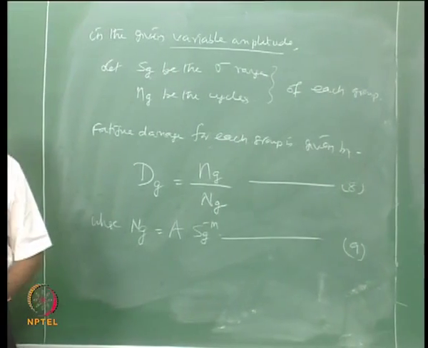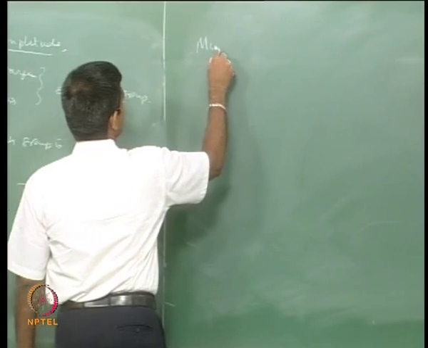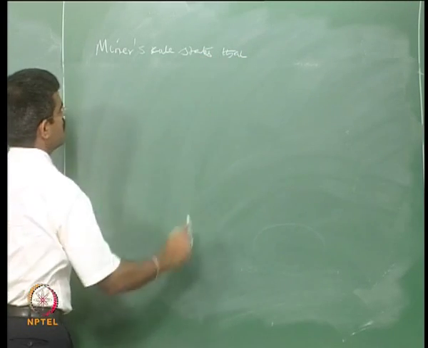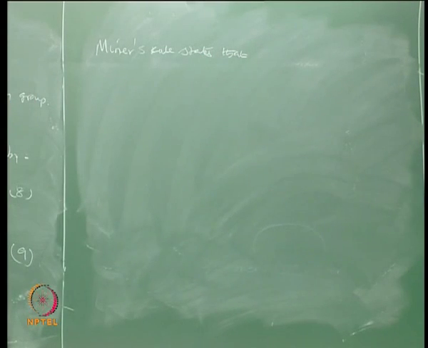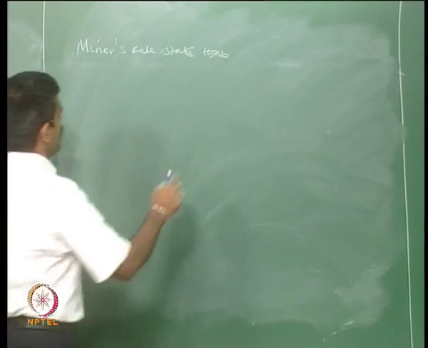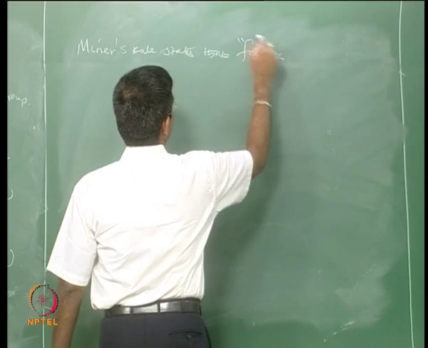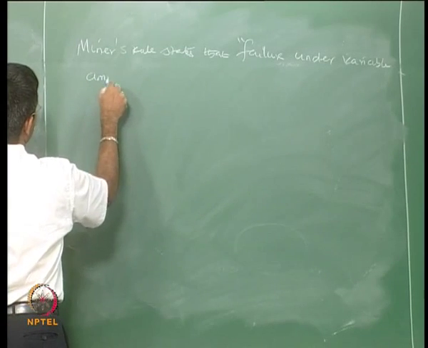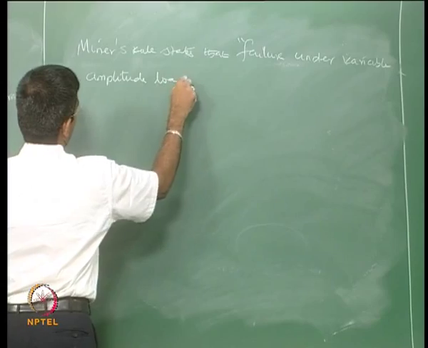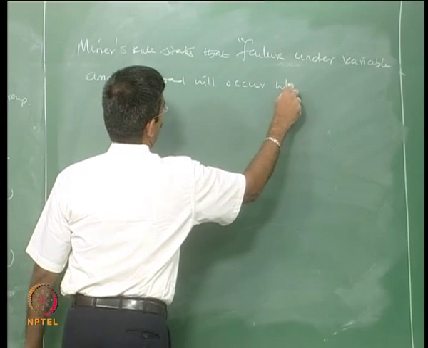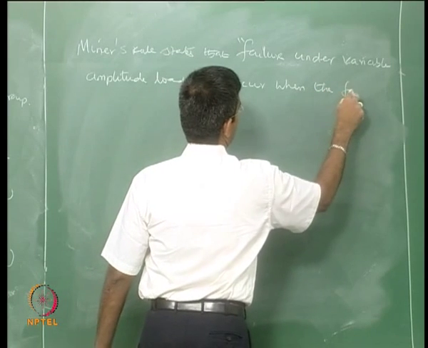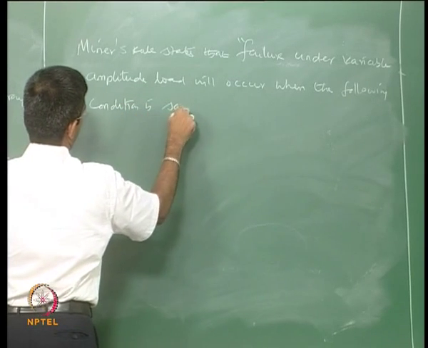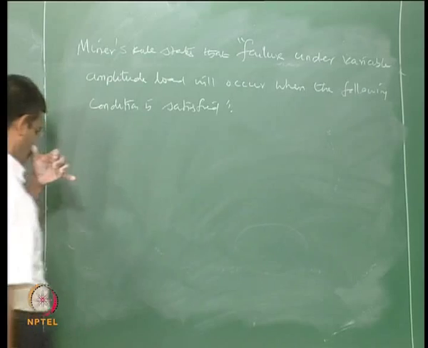In that case, the minus rule states that failure under variable amplitude load will occur when the following condition is satisfied. The condition is